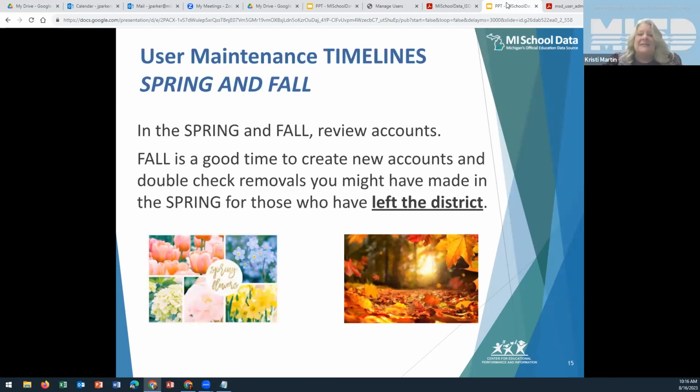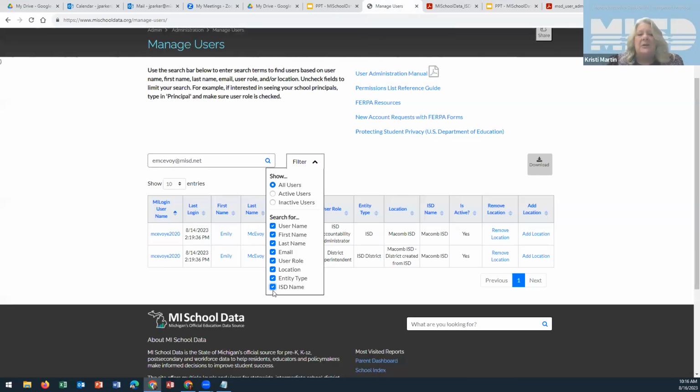So the user maintenance times, we encourage you to look at in the spring and in the fall. So we're approaching fall to review the accounts in your region. The way it's easiest to do this is to go to a particular district or your ISD and download the